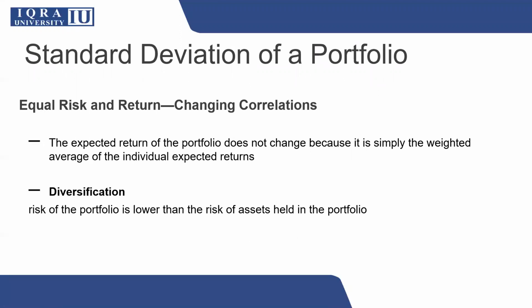It is important to remember that portfolio expected return does not change. It is simply the weighted average of the individual stocks. So do not confuse and mix it up with the covariance and correlation of stocks. The risk of the portfolio might be lower than the risk of an individual stock, provided that the correlation between them is not +1. This is important. If you are selecting two stocks that both show a correlation of +1, and you are thinking that you will reduce risk, this will not happen there.